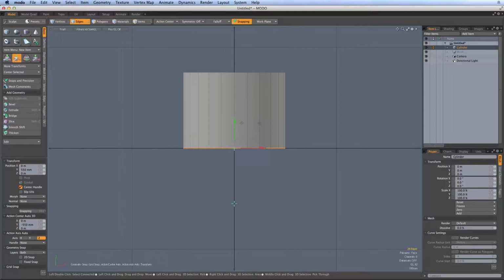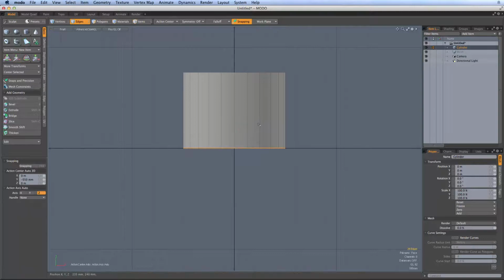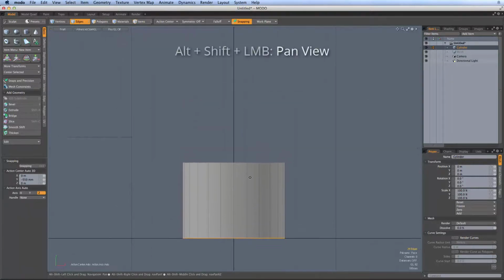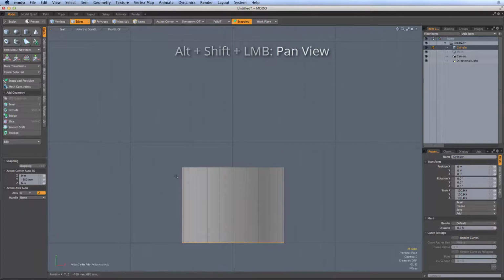Perfect. So now I'm going to escape to drop the tool, and Alt-Shift to pan up. And this time, instead of double-clicking an edge to get the loop, I'm just going to use an alternate method. Works exactly as well. It's just fine. And that is to middle mouse on one side, drag a lasso around, and let go of the middle mouse on the other side. Remember, in the last video, I said with your tablet, if you are using a Wacom tablet, the upper button should be mapped to the middle mouse because you will use middle mouse quite a bit